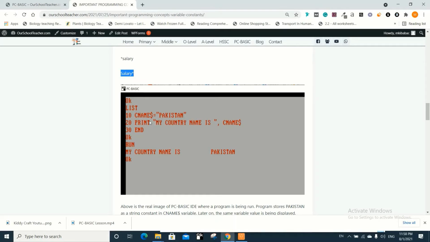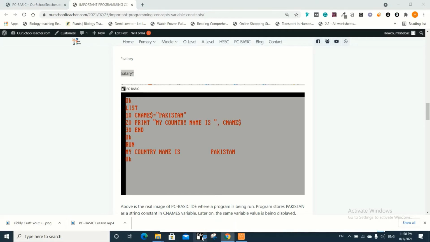So this is a message which is being printed, and then a comma, then CNAME. So it will print 'My country name is' on the screen, and then it will print CNAME's data. Means CNAME will not be printed. The data which has been kept in CNAME will be printed. So the program ends here, and when we run the program, it will display: My country name is Pakistan. I do it practically in front of you.